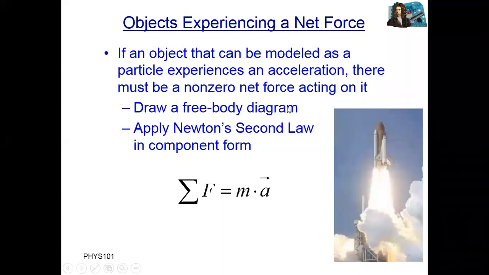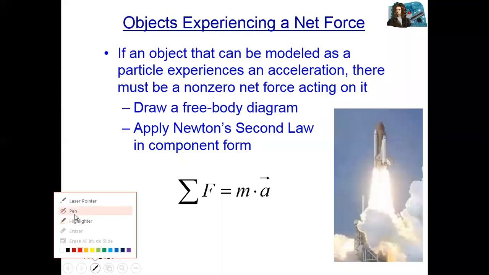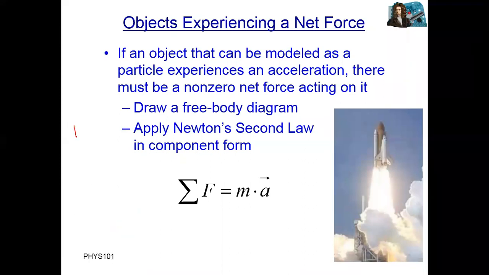Newton's second law, if you remember, F is equal to ma. When a body is moving along the x-axis, we can say that the sum of all forces along the x-axis is equal to max, mass times acceleration along the x-axis. When a body is moving vertically, upward or downward, the sum of all forces along the y-axis is equal to may, meaning acceleration along the y-axis.